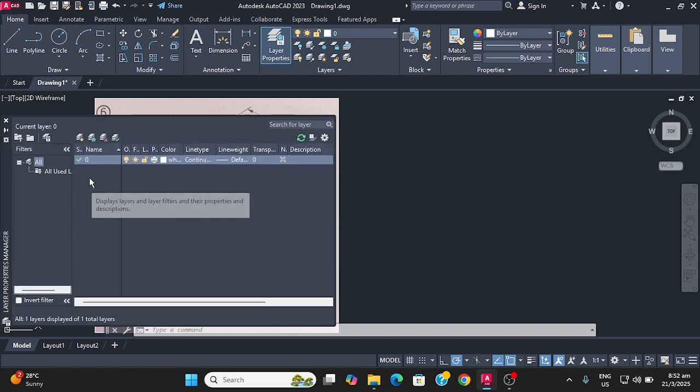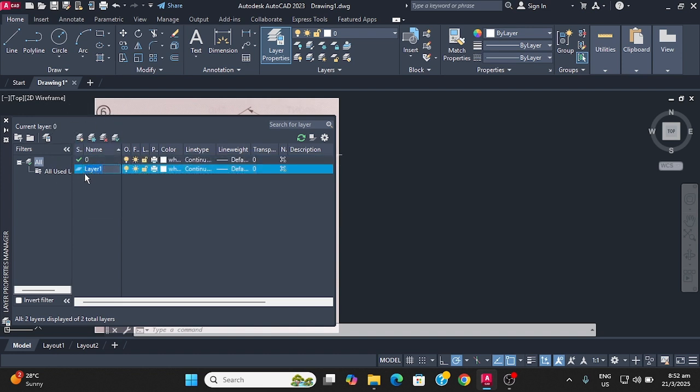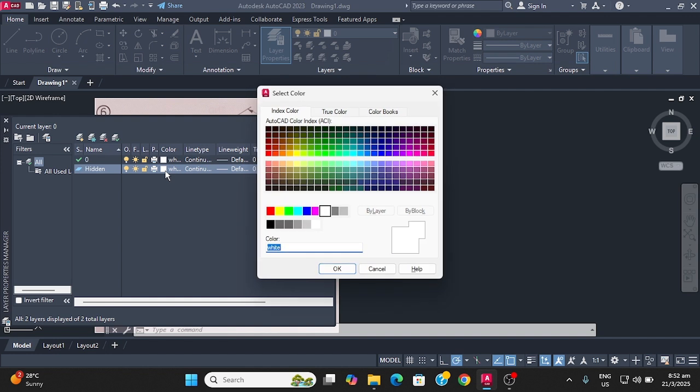We already have the 0 layer. We're gonna be using that for the outline of the object. We also need a hidden layer, so we're gonna click on this icon here, the new layer, and then here in this space we're gonna write the word hidden, and then we're moving over to the color. For the color, let's use the cyan color,